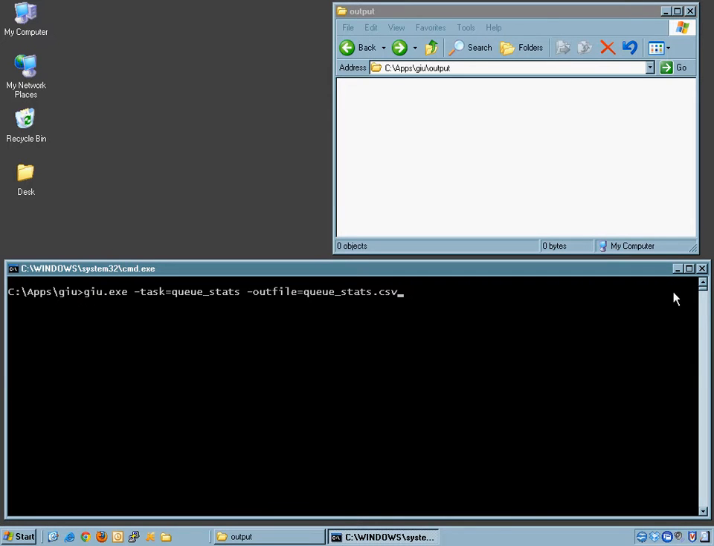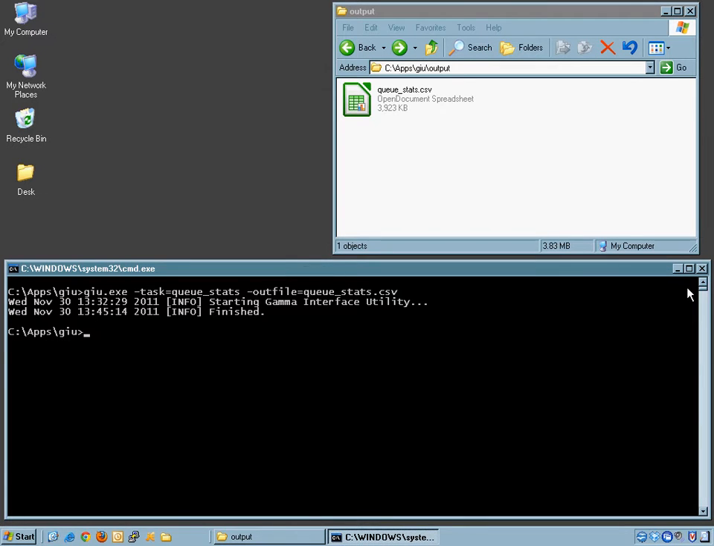In this example, I'll pass the GIU 2 parameters. The first parameter is the task I want the utility to perform. The second parameter is the name of the output file containing the interface queue stats. All other required parameters are accessed through a configuration file. Once I launch the application, the GIU will search the Elink system for all queues, gather queue count information, and